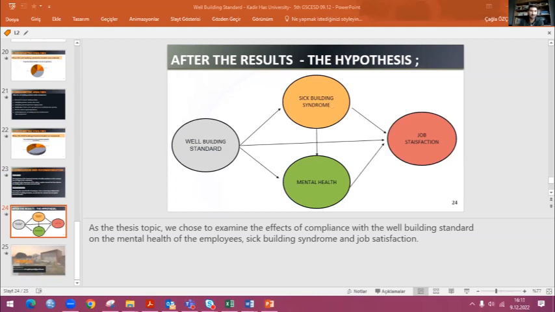In order to see that, you need a data set covering the period before 2014 in order to see the difference, right? For instance, you are searching for sick building syndrome or mental health as a title. There should be a lot of papers before 2014, when the WELL Building Standard was launched, right? So you can compare how the number has changed. You can run hypothesis tests to see if it is a significant increase after this standard was launched. Yes, hocam.